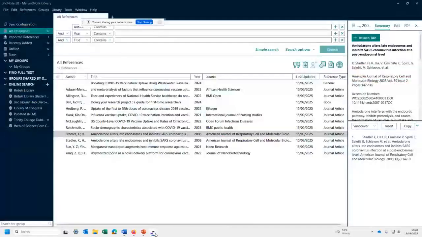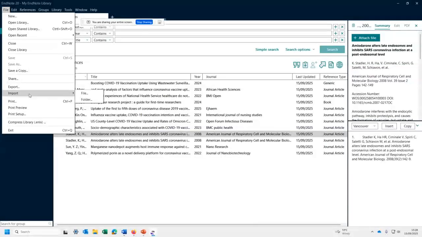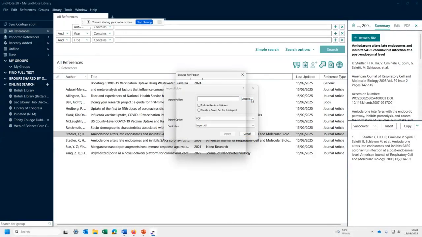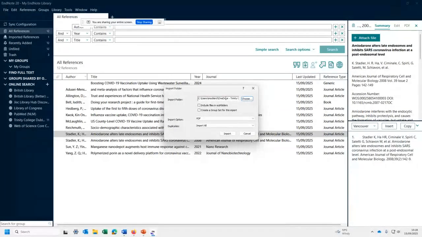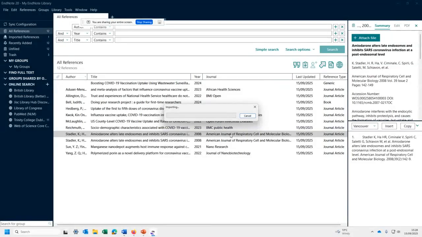So what I do is I go back to EndNote, I go to the file menu, and there's an option here to import something into your library. So we're bringing in a file or a folder, we're bringing in a folder. Okay, so I just choose that, it's on the desktop. Scroll down, there's that PDF folder, click OK. So I've now selected the folder. The next thing you need to say is, what kind of files are they? And the default there is actually PDF. Okay, so you don't have to worry too much about that. So it's automatically set up for PDFs. So click on import.